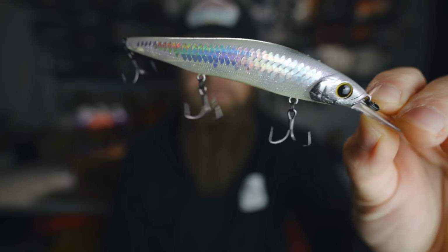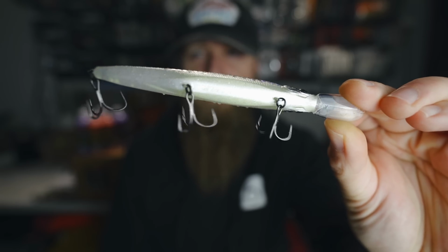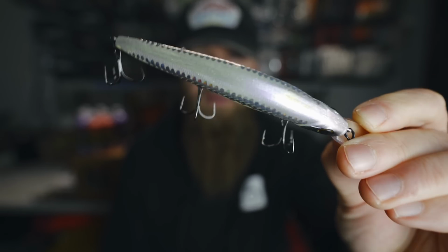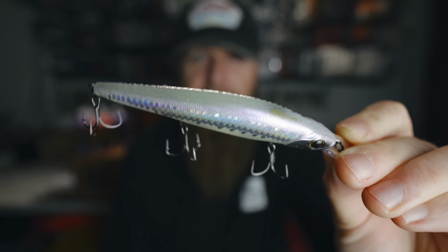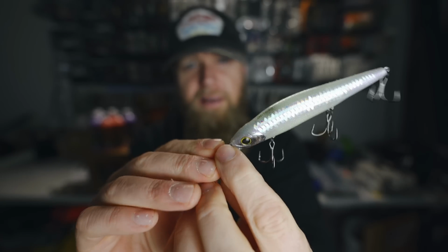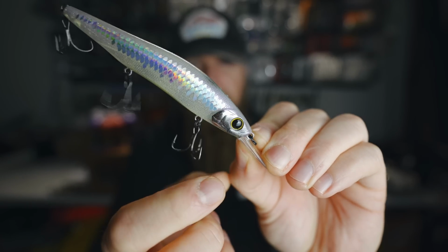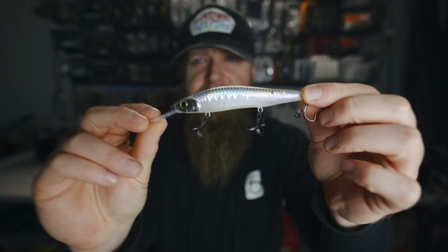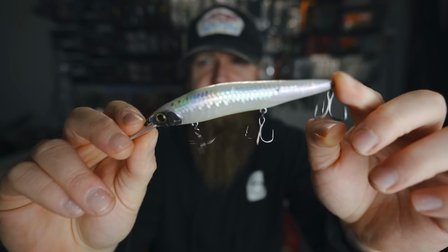You know, you got the colorful scaling, but on the belly, it's like a cream, more of a bone color. And all throughout the body, it has tiny silver flake that just makes this thing pop. I really like this color. It has this flash chrome around the gills. Absolutely beautiful. This is the last of the new colors that I was able to scoop during this drop, and